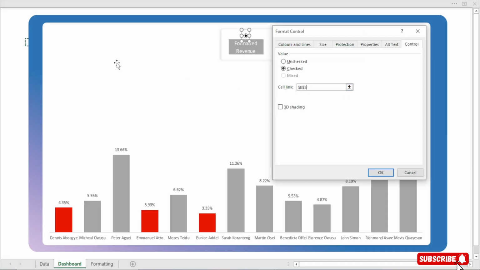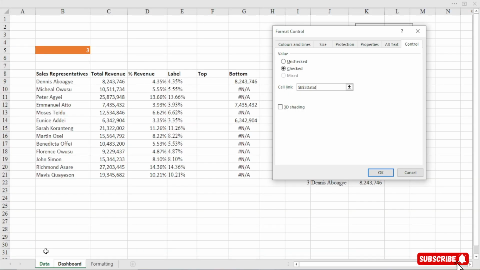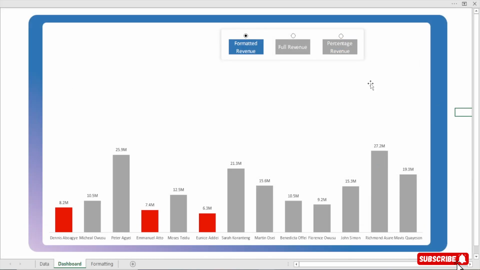Okay, you see now the cell link changed and it has been linked here, right? So we are going to correct it. Select this one, come to Data, and then link it here. Hit OK. Do you see that? Now it means when we change it, the blue changes to this. When we change this, it changes to blue. This is what we have here. Perfect. So we see it is also changing. Now we are making progress.